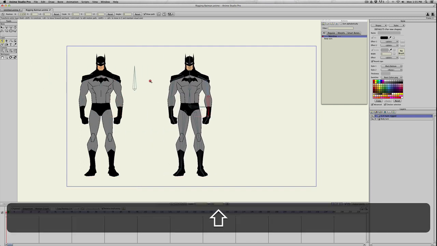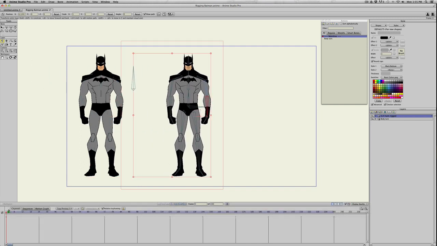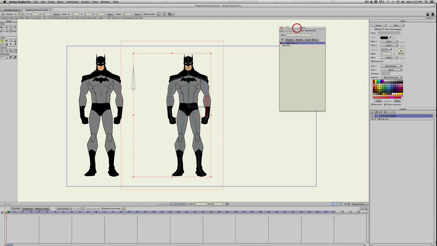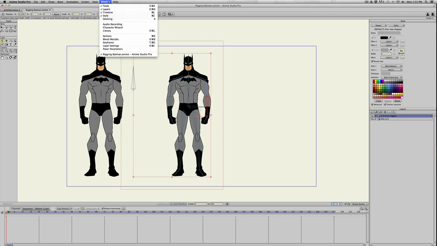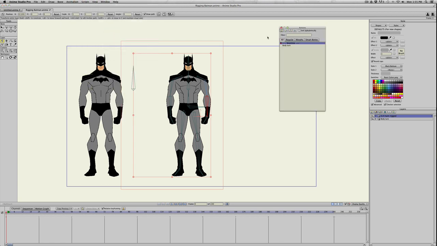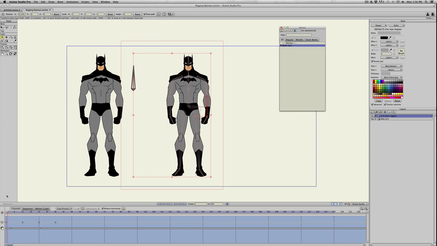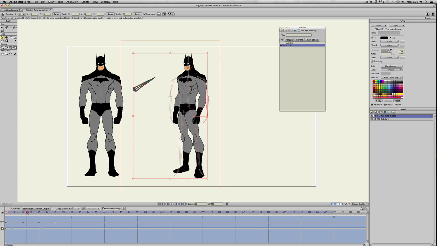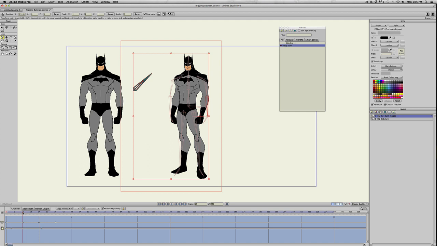and I'll move the layer over, and I'm going to double click and make sure the actions is open for this other pose. We'll go to Window, Actions, and double click his body turn. Now we want a character that's rigged and turned at a 3/4 position like this. So what we need to do is open up his layers, and all of his positions for the 3/4 turn are on frame 12. So we need to go to the face,